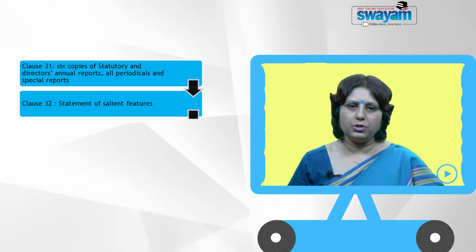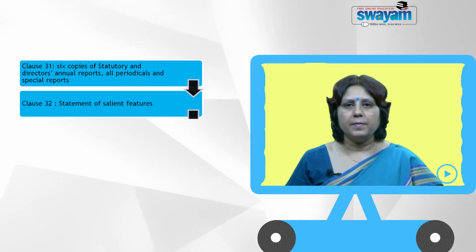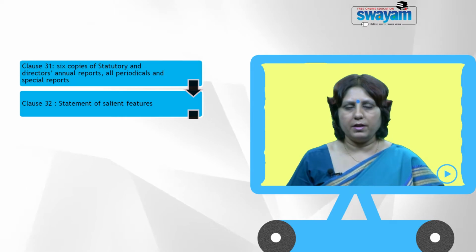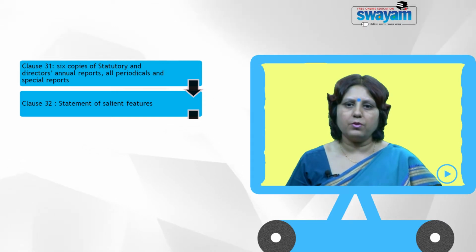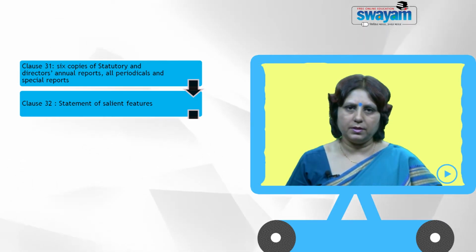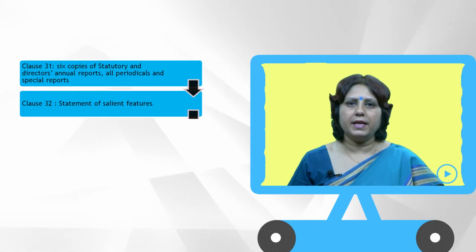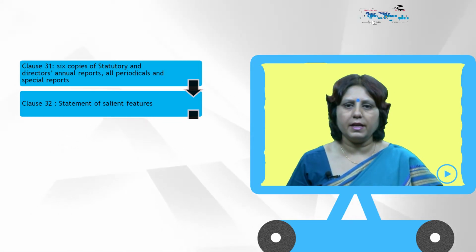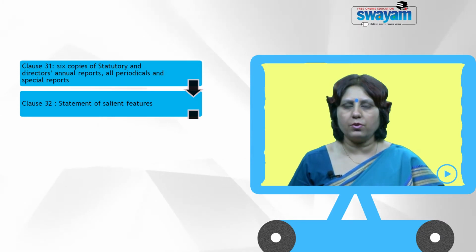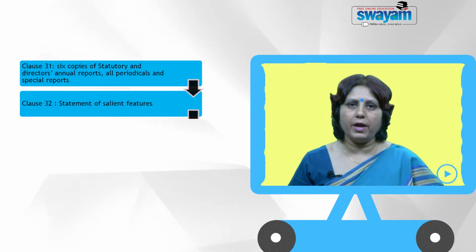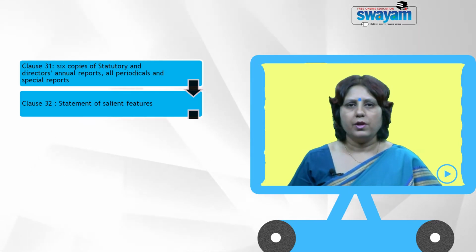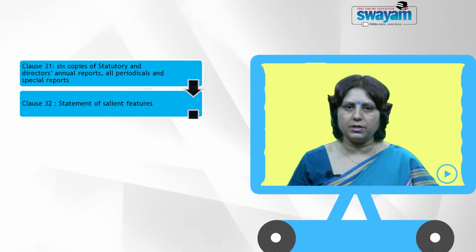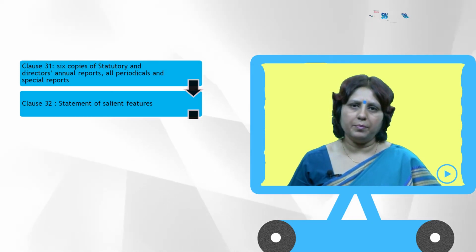Clause 32 is about statement of salient features. Now, it says that the important portion or provisions of the balance sheet, profit and loss account, auditor's report has to be given to the stock exchanges, and if there is any new line of business which the company is undertaking, then the company will have to continuously disclose its turnover and income from such new activity in the annual returns separately for a period of 3 years from the date of this change. So, this is a continual disclosure requirement where the company is taking up any new line of activity or business, and then the company also has to